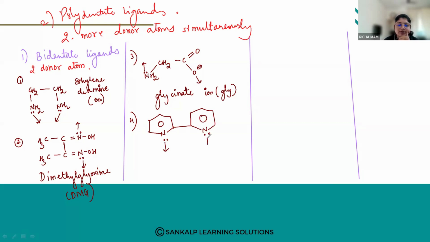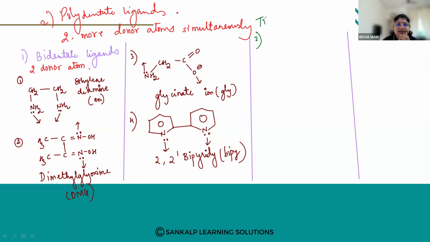From these two nitrogen atoms, it is 2,2'-bipyridyl. It is BPY. Like this, it is represented. So these are the four examples of bidentate ligands. You can see at the same time, these are the donor atoms which will get attached or linked to the central metal